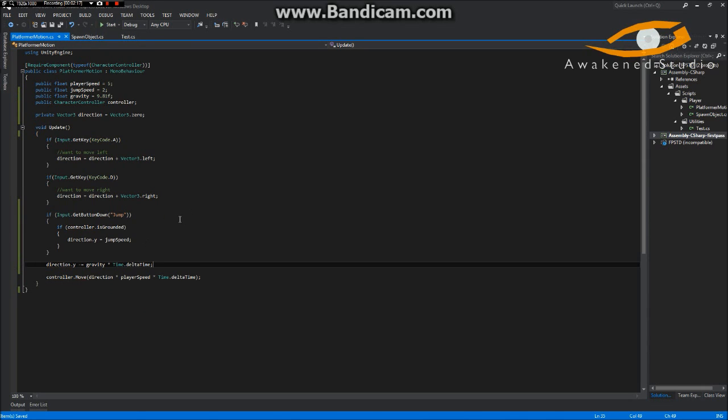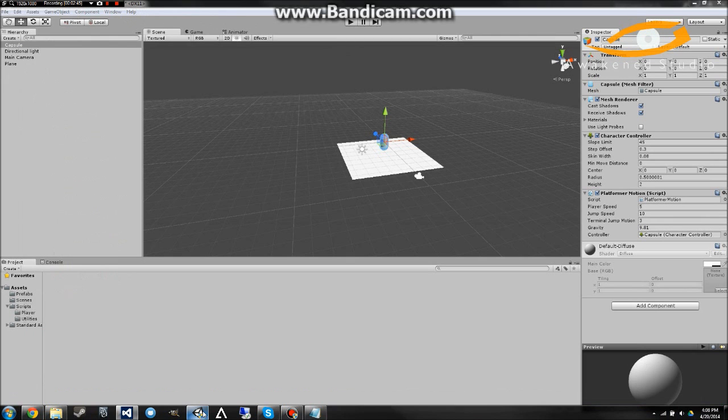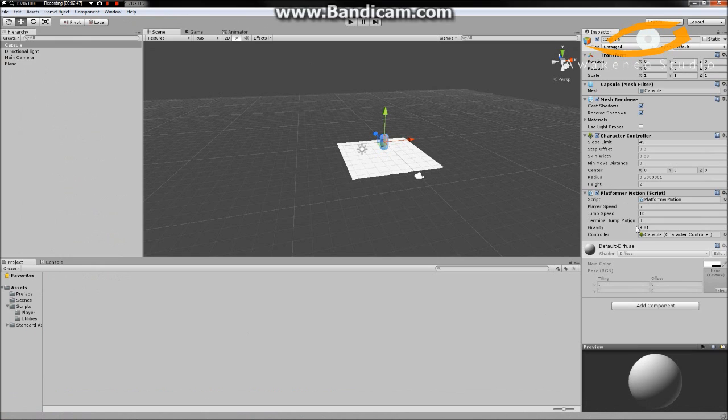So let me go back and go over this. I did that kind of fast. We say here, if we press the jump button down and if we're on the ground, then apply our jump speed to our y. Then whether or not we're jumping, every frame subtract gravity per time unit. This way we can move left, move right, and at the same time also calculate our up and down motion. So if we save this, go in here,